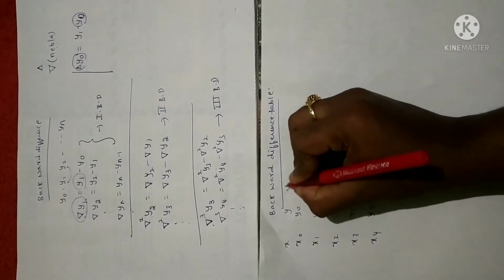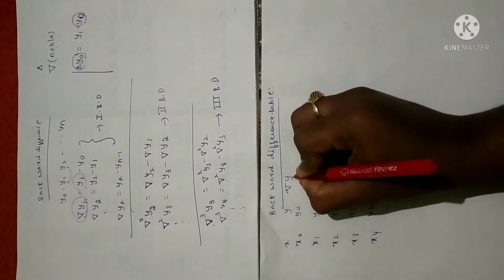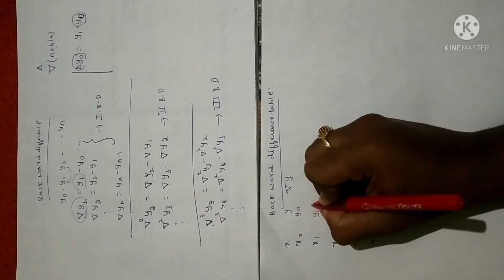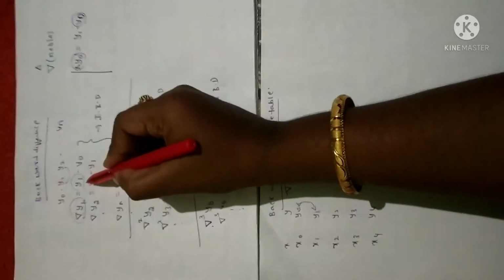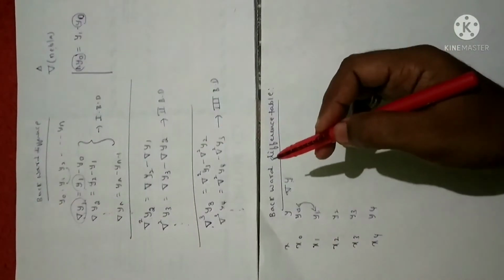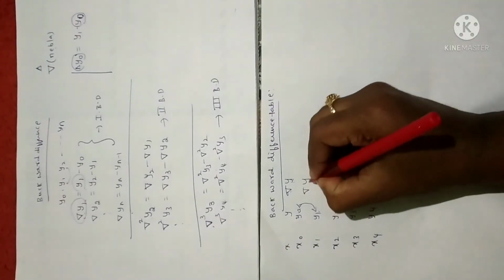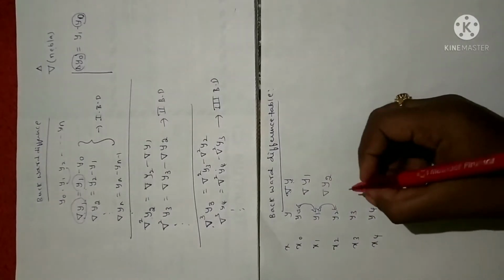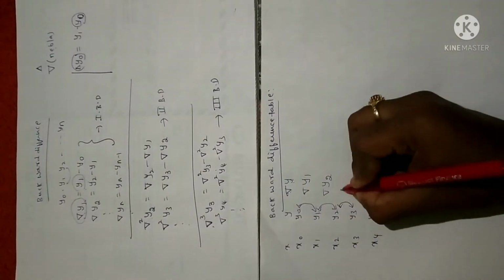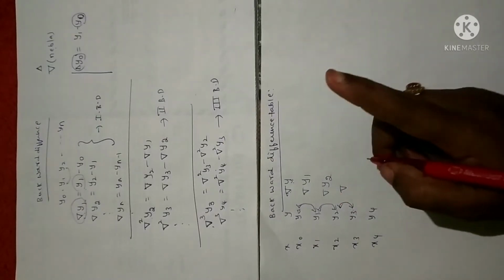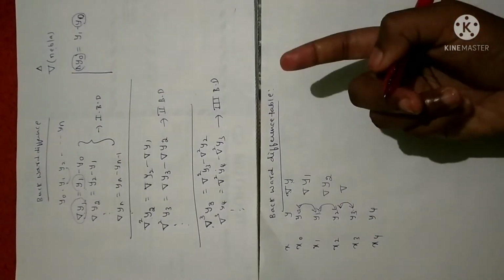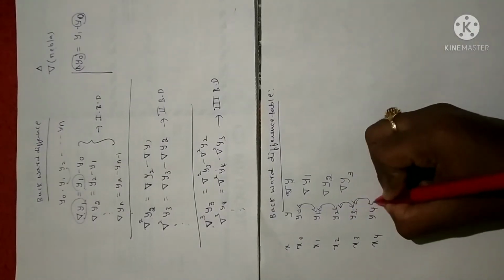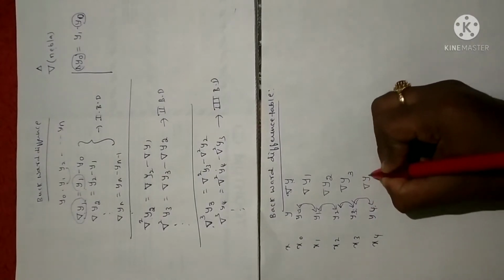So the corresponding nabla, that is reverse delta y1, is the first backward difference. So first backward difference will be the difference of these two terms, that is y1 minus y0. We represent y1 minus y0 as reverse delta y1. Similarly, y2 minus y1 will be reverse delta y2. So y3 minus y2 will be reverse delta y3. In backward, remember you are going to write the highest suffix. In forward you are going to write the lowest suffix. So y3 and y2, which is the highest suffix? Y3. So y4 minus y3, which is the highest suffix? Y4. So it is nabla y4.